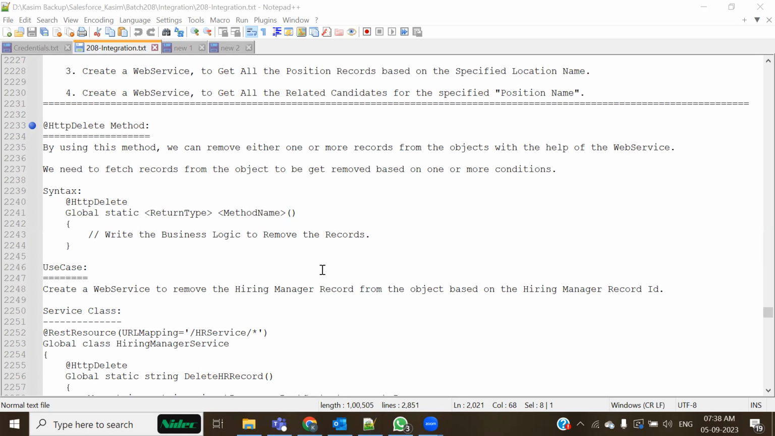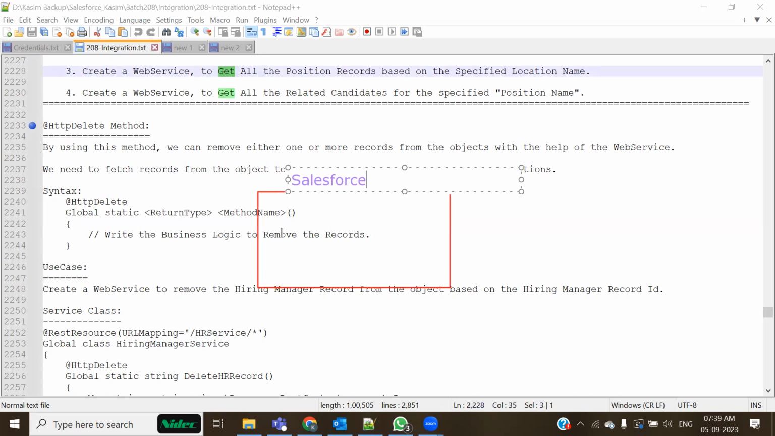So, guys, so far we have seen how we can write a web service class by using the HTTP GET method. The use of the HTTP GET method is to get something from the object. For example, if you are designing a web service like this, and this is your Salesforce environment, inside Salesforce we know that there are a lot of objects. And if there is an external system,